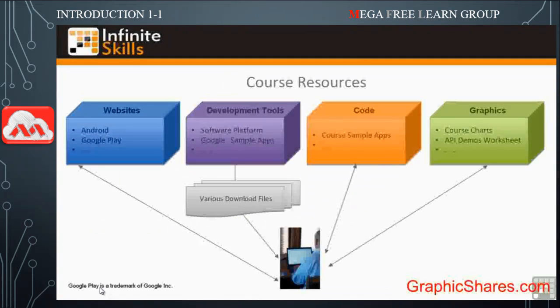In the course of these lessons, we'll be using a combination of websites, development tools, code, and graphics. The websites, such as Android and Google Play, you'll access directly over the internet. The development tools, such as the software platform and Google sample apps, you'll download to your computer via the website and